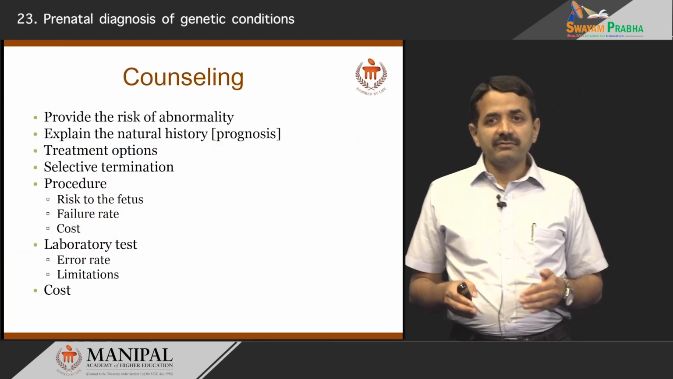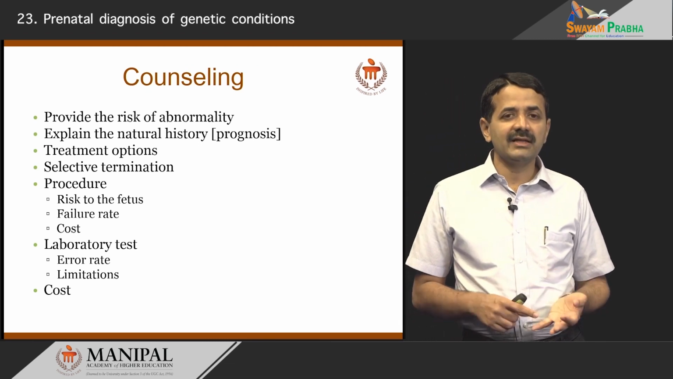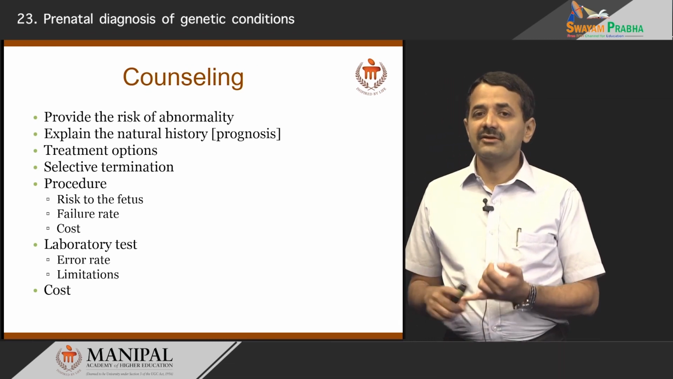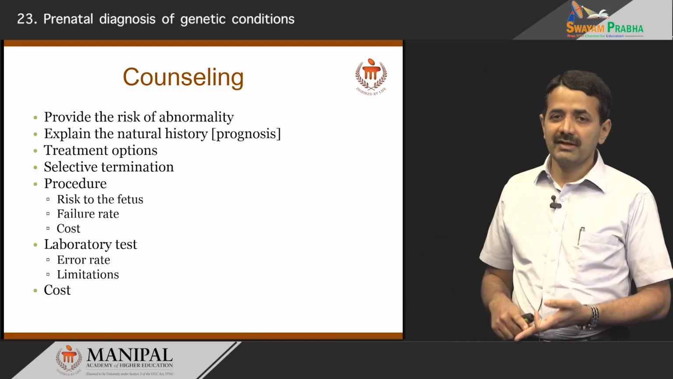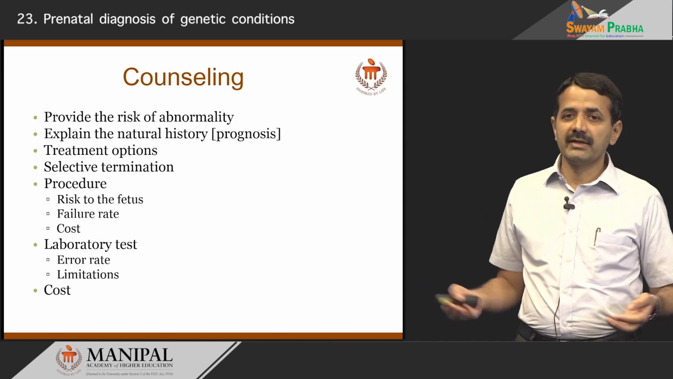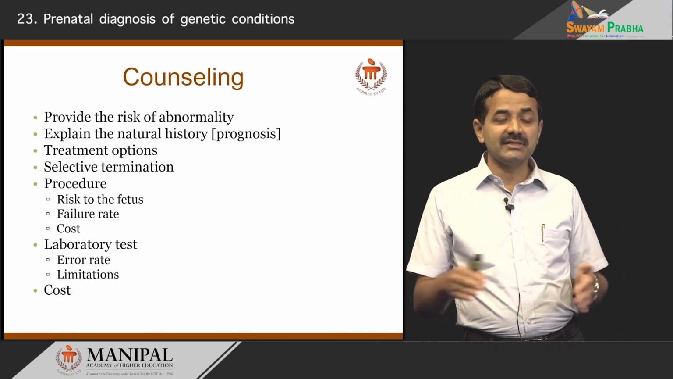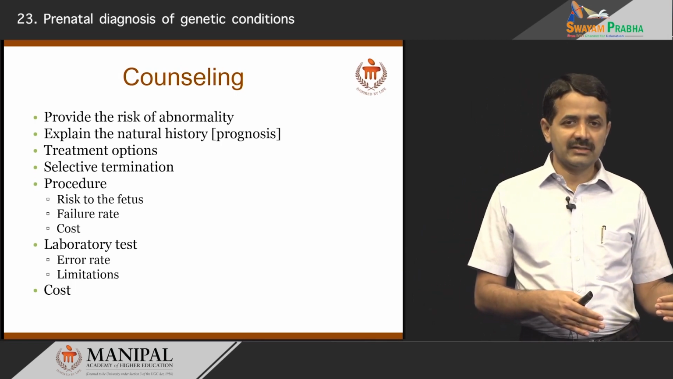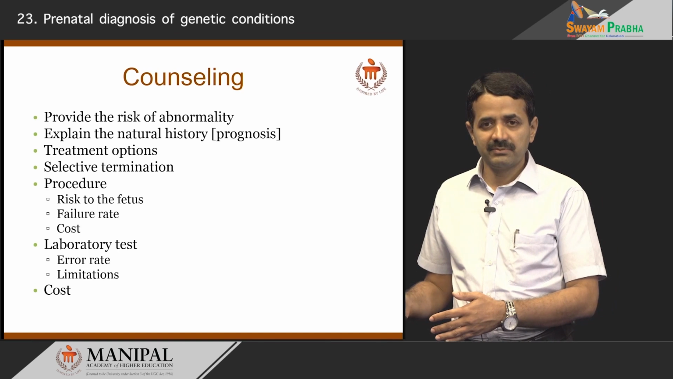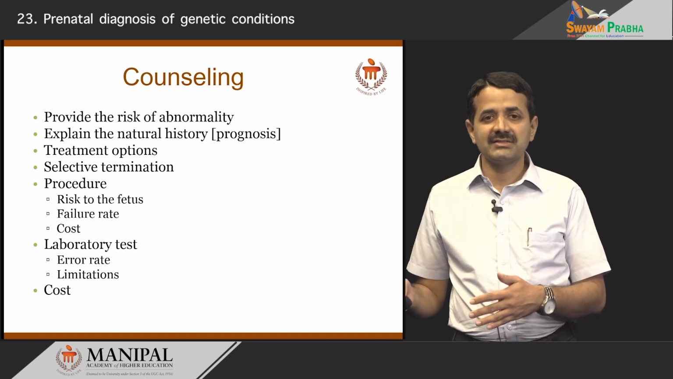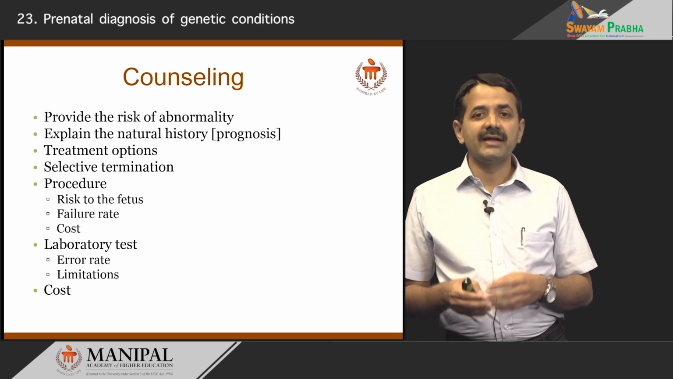Genetic counseling is what we do before the testing. We tell what is the risk of abnormality, whether it is 25%, 50%, 1% or lower, or the exact risk figure if it is known, and explain the natural history. If you do not do the prenatal testing, what happens? What happens to the baby after birth? What is the natural history? What is the treatment option for the disease, and